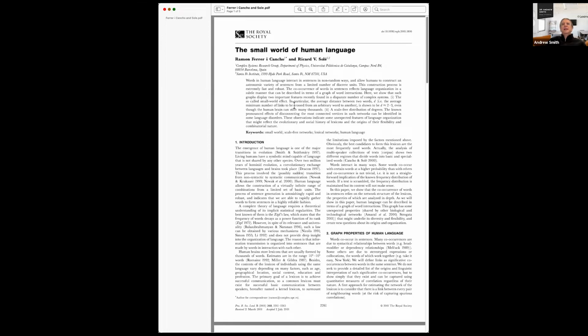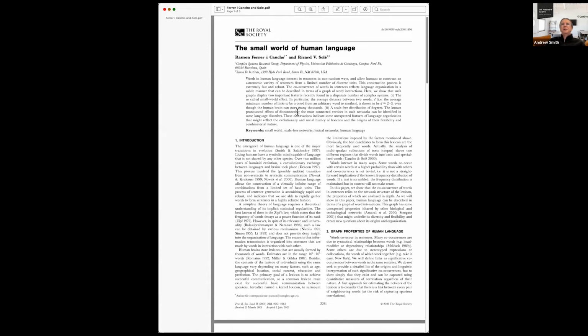So they look at it as a network of words that co-occur in sentences. What they find is a thing called the small world network, and it's a particular type of network. If you've ever heard of that game, Six Degrees of Kevin Bacon, or the fact that if I want to make a connection in my social network from me to a stranger, there's actually a surprisingly small number of connections I need to make to find a link. They call that a small world, and the small world effect.